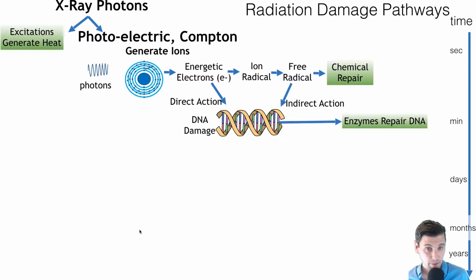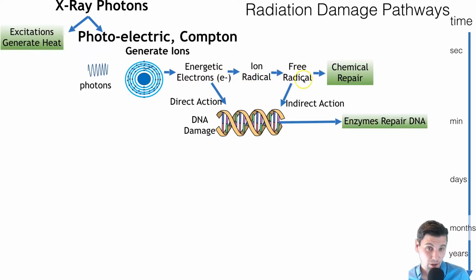X-ray radiation comes in, and X-rays interact via Compton and photoelectric effect. Compton and photoelectric effect both result in energetic electrons that are going to deposit their energy locally. They deposit their energy locally, and then after they've deposited their energy, those energetic electrons can either